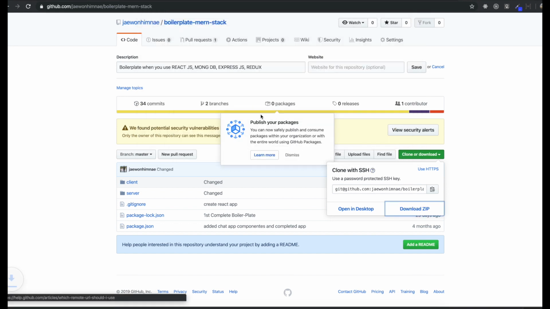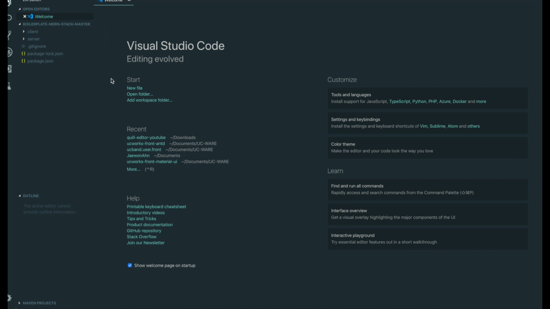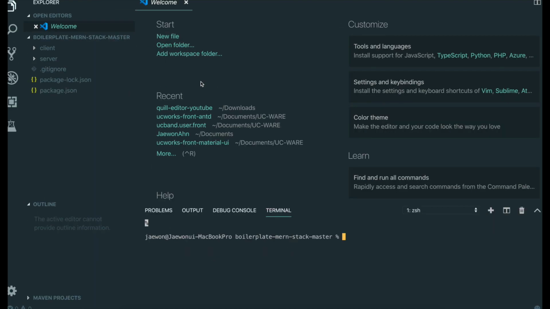Then here I just turn on the downloaded folder in my favorite editor, which is Visual Studio Code. And the next thing you need to do is open the terminal. Let me make it bigger so you can see it more easily. So what we need to do first is write the command npm install for the server